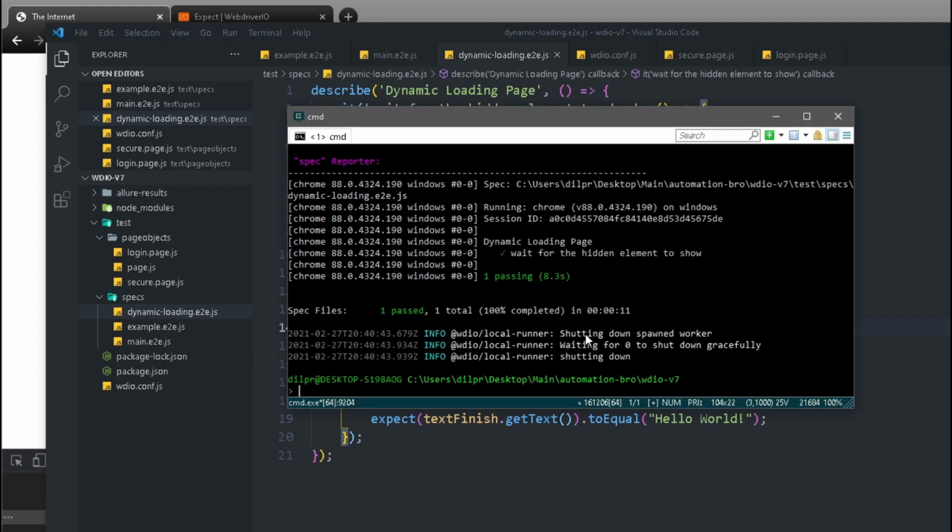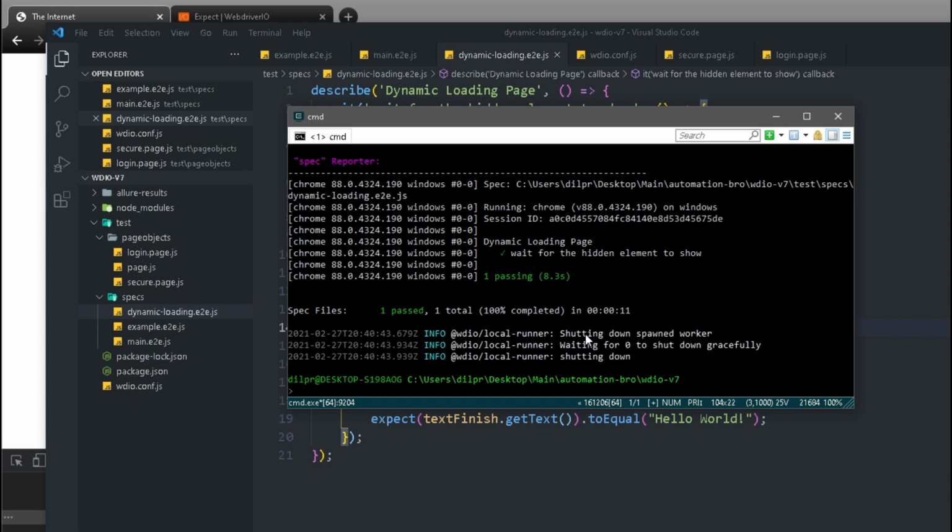So for those of you that are wondering why we should be doing parallel testing, the reason for that is when you do parallel testing, you're running multiple tests in parallel. And that decreases the overall test execution time. So let's say if you run 3 tests, one after another, that might take you 20 seconds. But if you run all 3 tests at the same time, it will probably take you just 15 seconds.